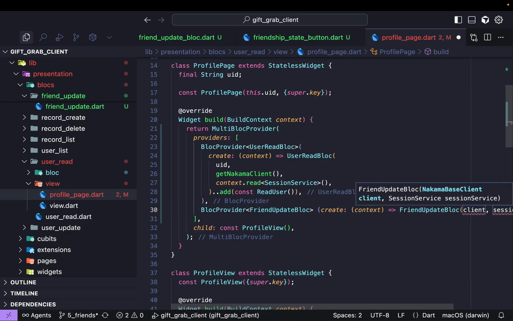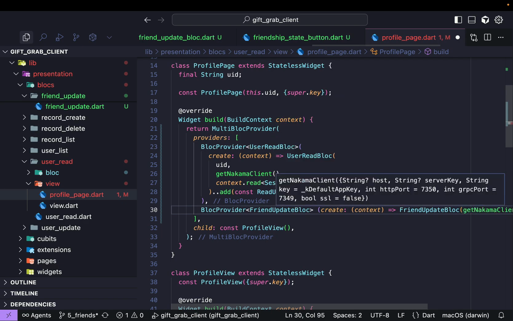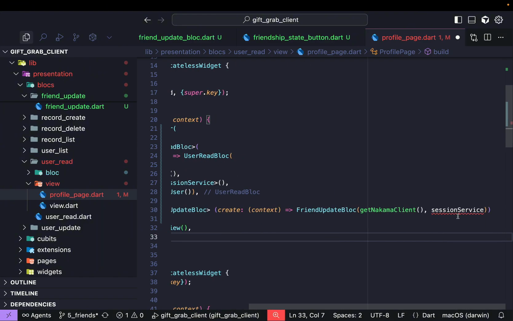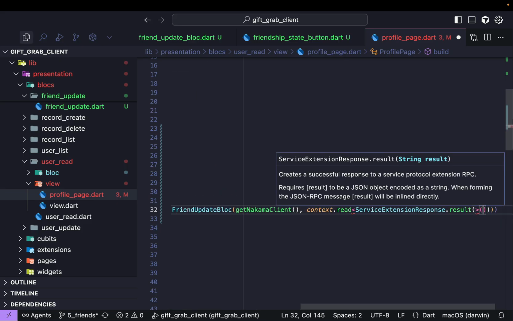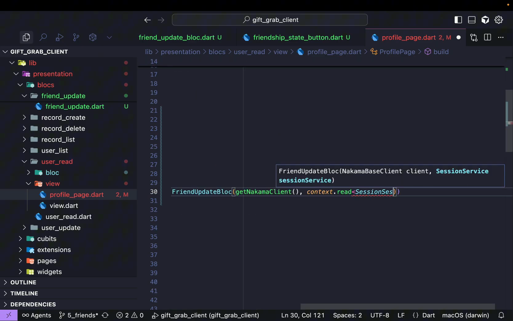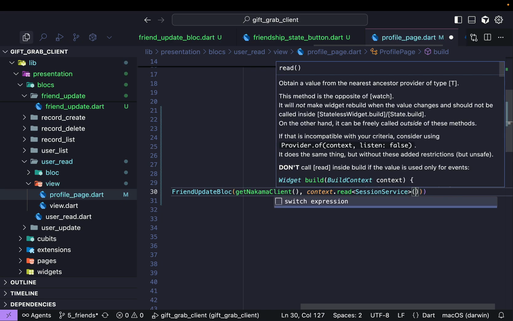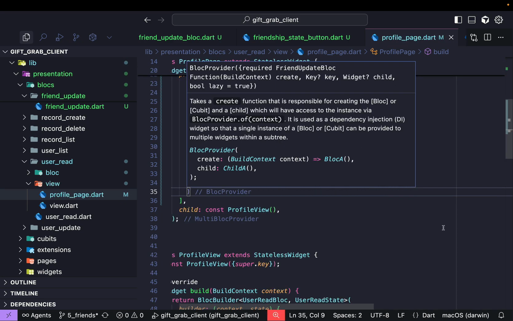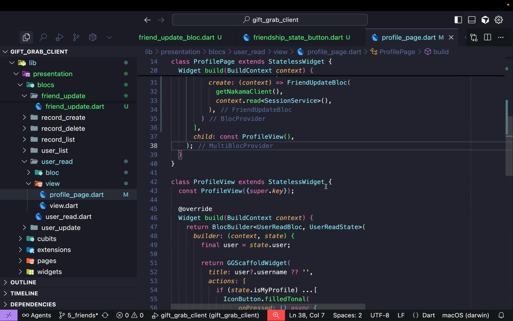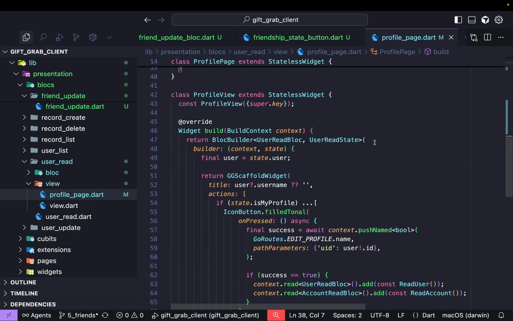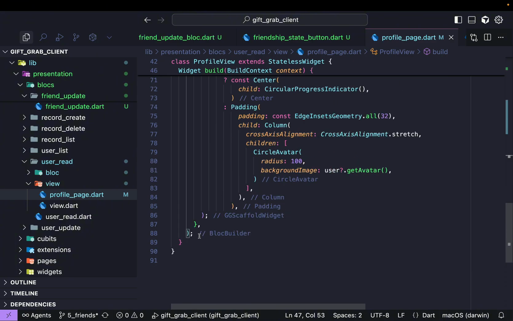Friend update block needs a get Nakama client and a session service. Okay, that's good. If I come down here, I also need to put this block builder inside of a block